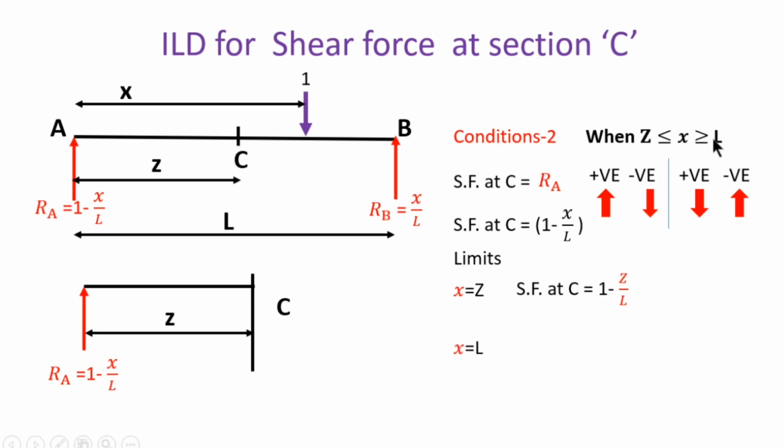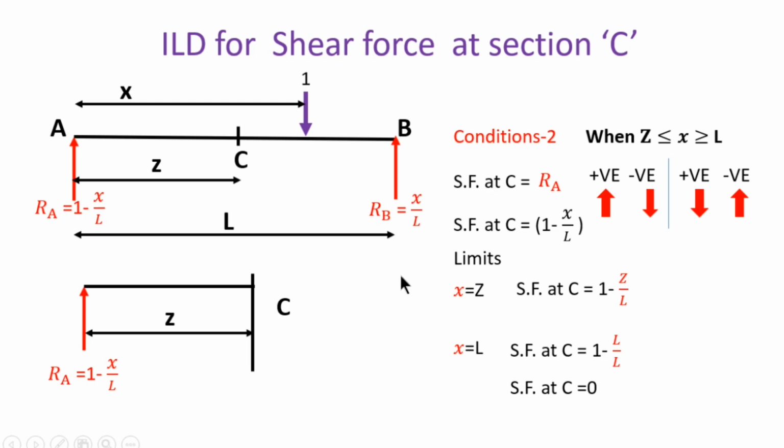Now next is L. So x is equal to L. Shear force at C is equal to 1 minus, here put x is equal to L. So L by L is 1, so shear force is equal to 0. So here we got, when the load is between C to B, x is equal to Z, the shear force is 1 minus Z by L, and when x is equal to L, the shear force is equal to 0. Now we got all the ordinates, when the load is between A to C also, and when the load is between